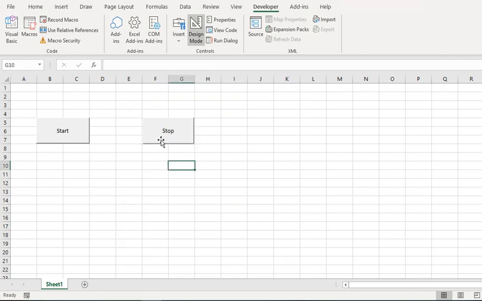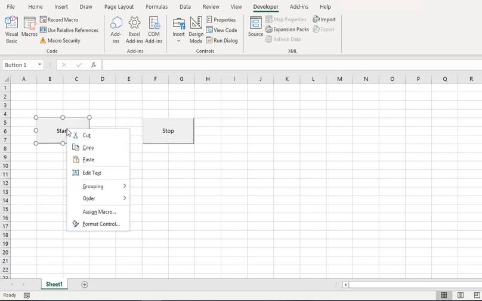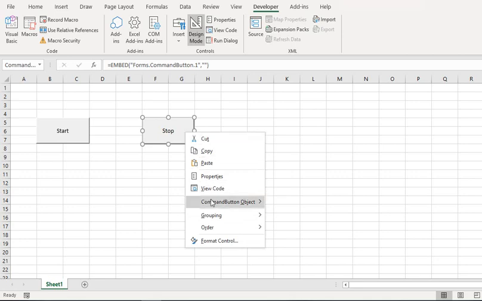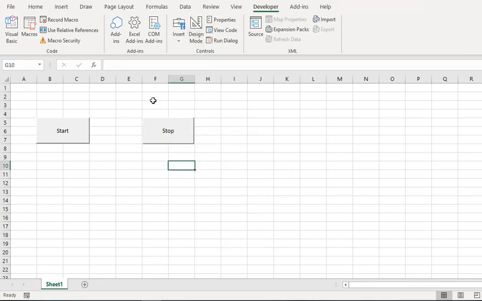So this was one thing. Now the other thing is, if you click on the first button, it will execute the code that is in the background. If you click here, it will also do the same thing. If you right click here, you have the option of edit text and then you can type in text here. But here the right click will not be possible. For this, there's another option: you have to go to design mode and then you'll be able to select the button. So when you are using an ActiveX control, it's a good option to go to design mode and then select the ActiveX controls. Then you can perform the functions that are required and come out of design mode, and then the button will work for you. You can do the changes like this.